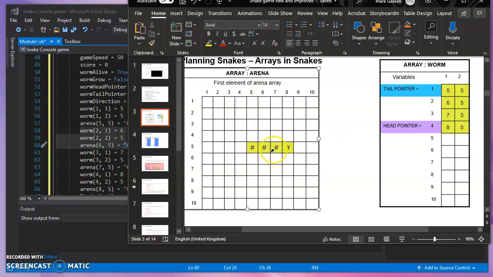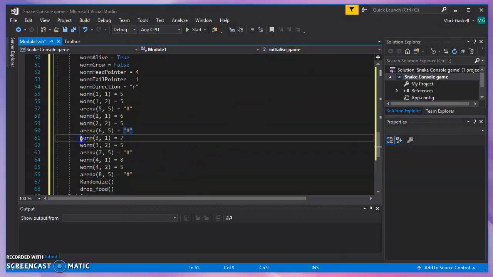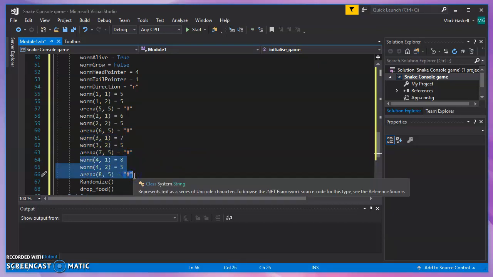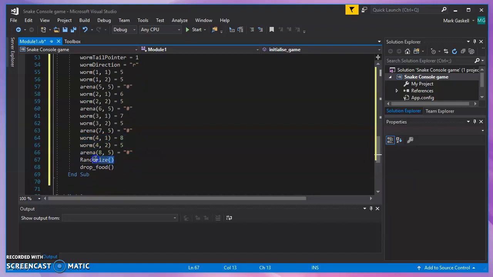Alright, yeah, and then that repeats, and so on really. You kind of see it's the same again. So another block of 3 there, and finally there to complete the worm. And then you might want to start the worm off larger than that. Up to yourselves really. Then I'm going to randomize where